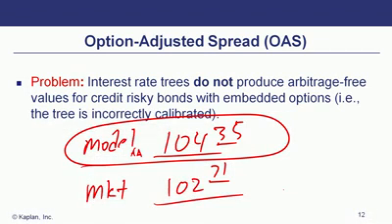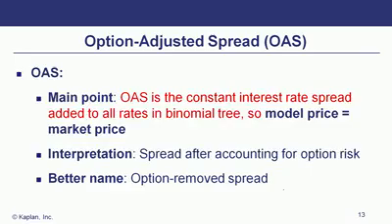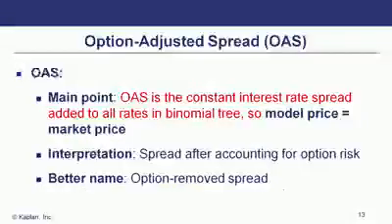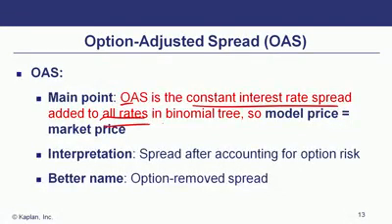Well, what we can do is actually come up with a neat way to think about the value of a bond via its benchmark securities. So just like we calculated a Z-spread by taking a fixed increment and adding it to every interest rate on the theoretical spot rate curve for Treasuries, that was our Z-spread measure. We talked about that previously. So now we're going to do the OAS, and the OAS is going to be the constant interest rate spread added to all rates in the binomial tree,